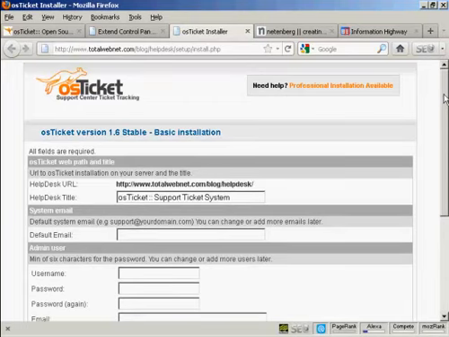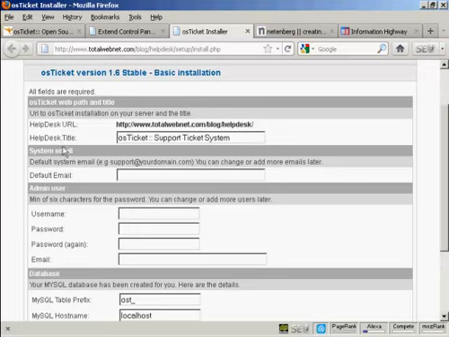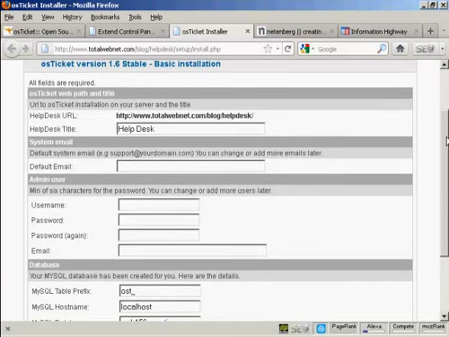It takes you to this installation page, and you can see first of all it's going to give the help desk URL and the help desk title, and I'm going to rename this help desk. Then you want the system email, and this generally, if I was setting this up for real, I would probably have an email address that was at the domain. Because this is just a demonstration, I'm going to put my Gmail address in here,